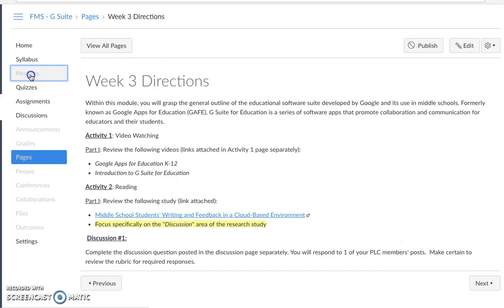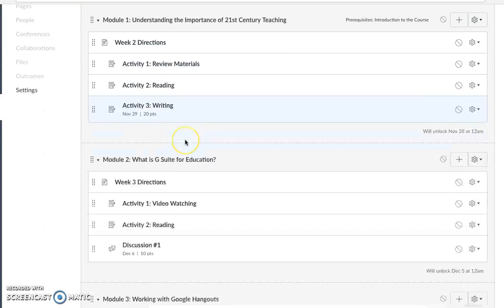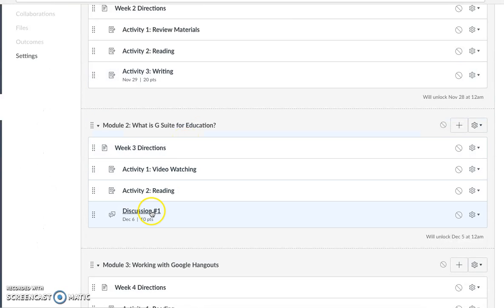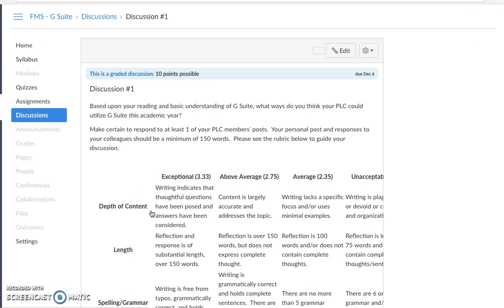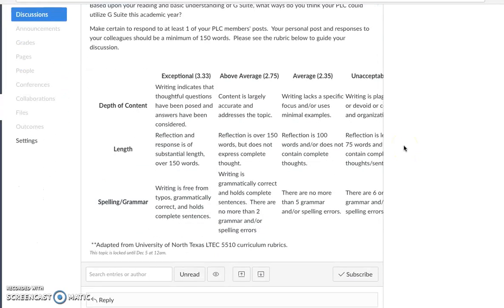Again, for my sake, I always like selecting the modules again. I like seeing that spreadsheet myself. You might choose otherwise, and that's okay. I'll go ahead and open up this discussion piece. And with the discussion, this is where you're going to go ahead and